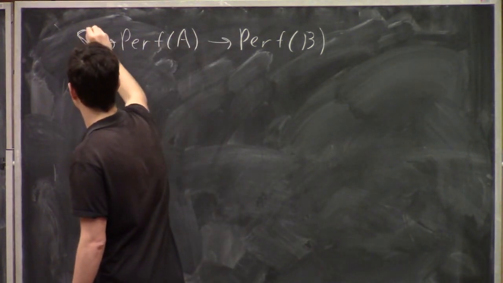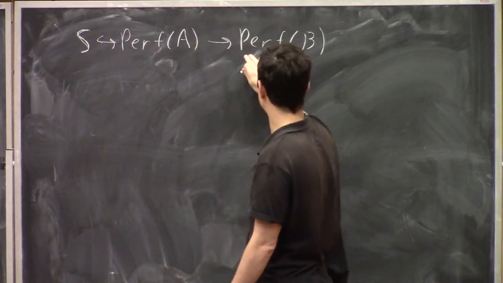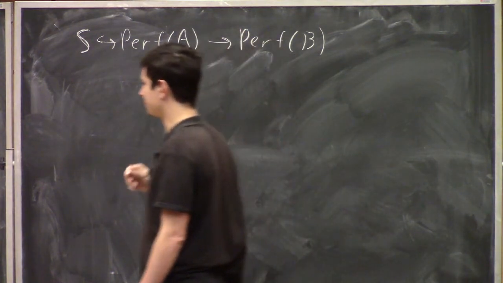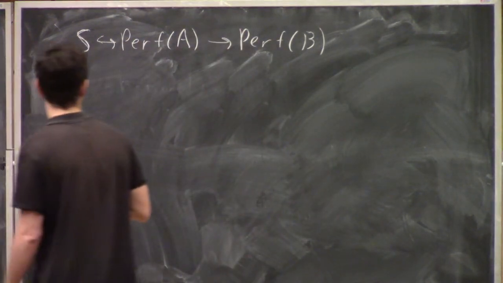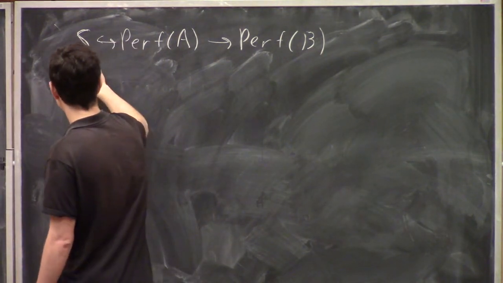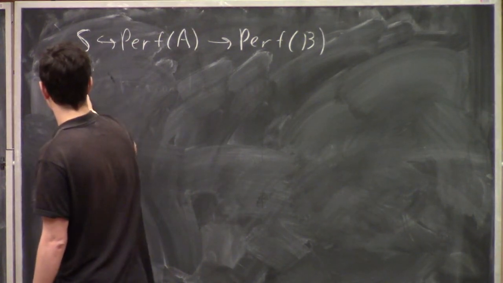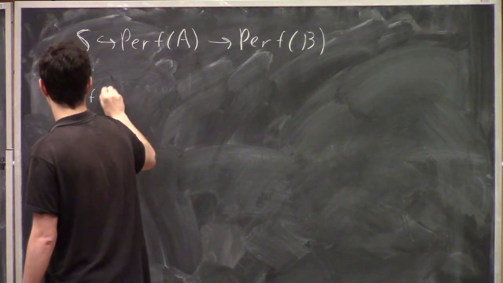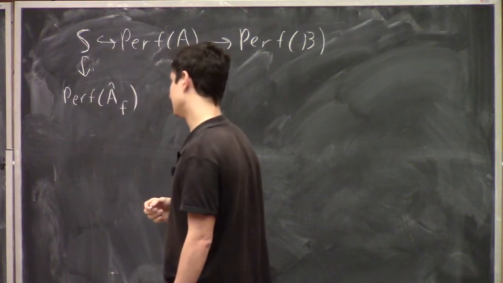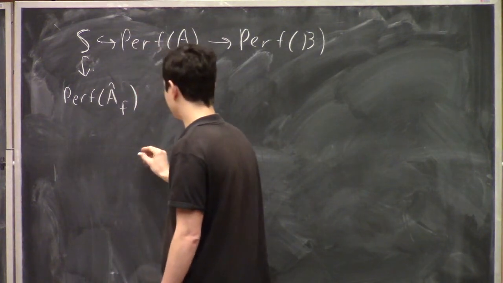So let's say we have some subcategory inside perfect complexes on A, and we get such a short exact triple of categories. Then I claim that it is very easy to see that this S admits a full embedding into perfect complexes over the completion of the DG algebra A. That's essentially because